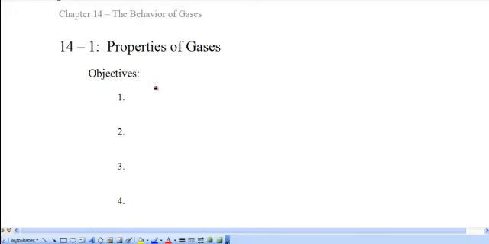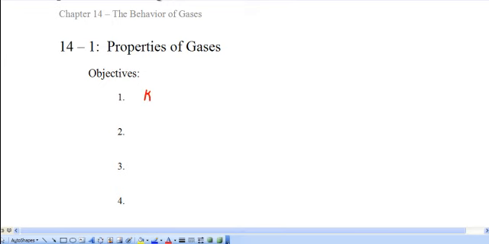And welcome to Chapter 14, where we'll be studying the behavior of gases. In this chapter, we're going to have 4 different objectives, which we'll be listing in just a moment. We'll be talking about the kinetic molecular theory, the idea of pressure, gas laws, and then also how gases behave in mixtures. Okay, so let's go ahead and list those